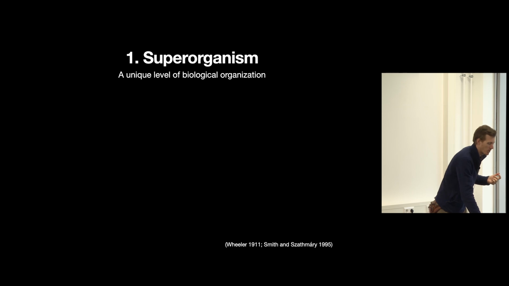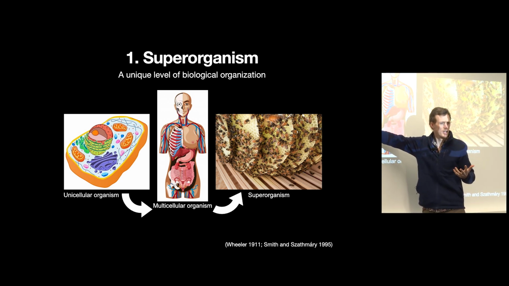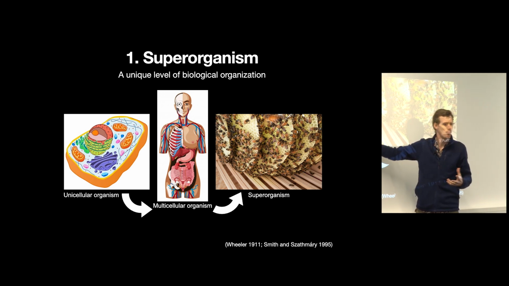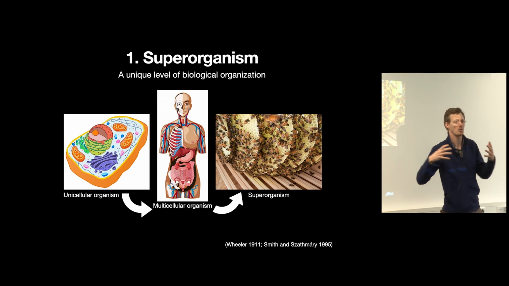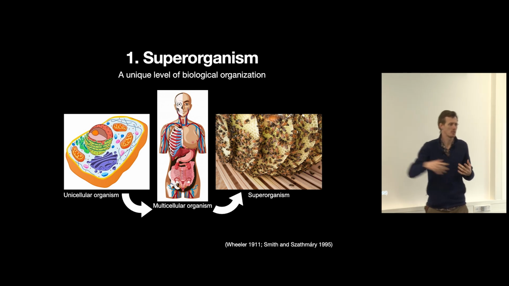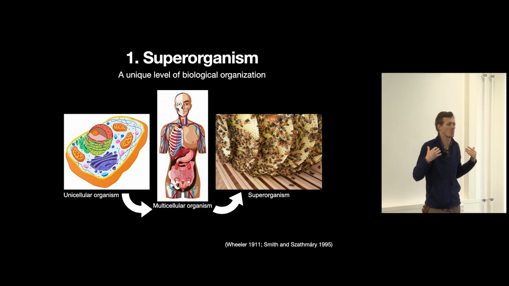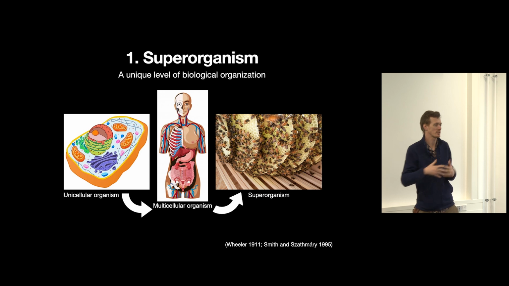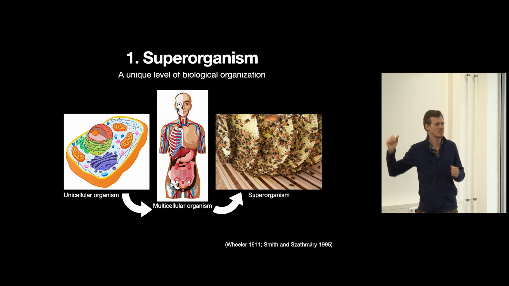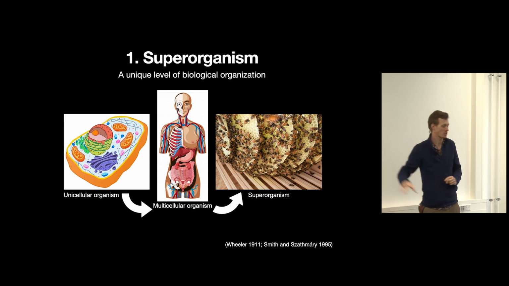The first one being the superorganism as a unique level of biological organization. If you think of a unicellular organism, you can think of many unicellular organisms coming together and forming a multicellular organism. But in the same way that you can think of that transition, you can also think of many, many multicellular organisms coming together and forming a superorganism. These are traditionally thought of as the ants, bees, and wasps. Obviously, the honeybees would be my preferred superorganisms, but people working on ants, termites, wasps, these are all classic superorganisms. And that analogy has been applied in a lot of different contexts, but in these cases, it's a unit of selection, and this is an integrated organism that evolution has shaped.